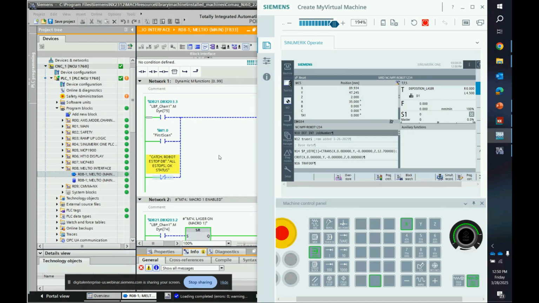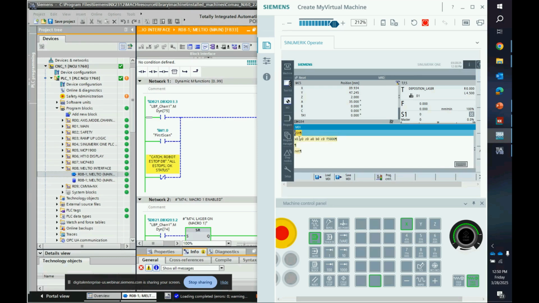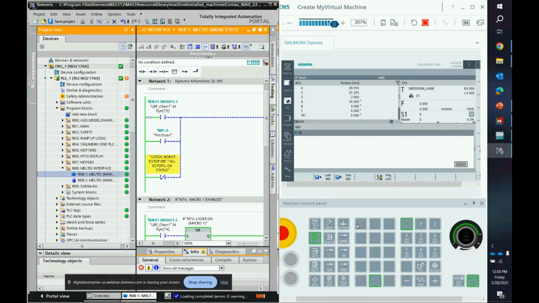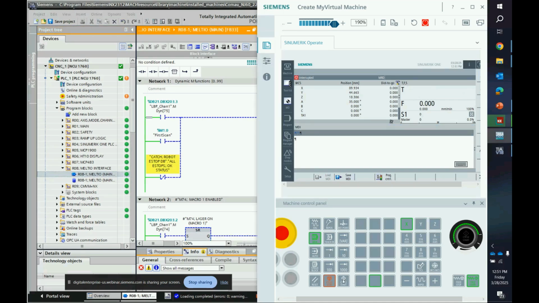So right now, if I go MDA and just type in an M code, let's do M75. And I cycle start. Okay, so I just turned the laser off. Now, if I come in here and do M74,